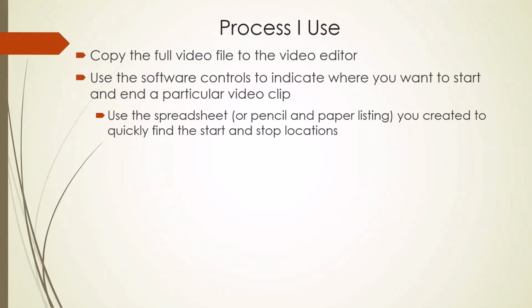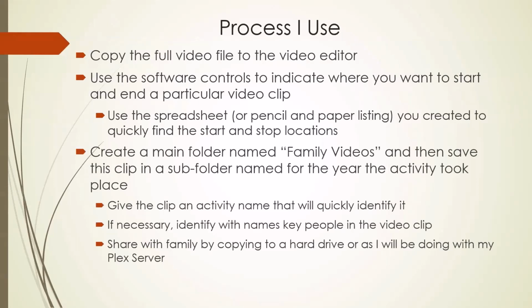And then using that spreadsheet or pencil and paper listing I created, I can quickly find where these start and stop locations are. And then once it's done, I create a main folder named Family Videos, and then save this clip in a subfolder named for the year the activity took place. Again, as I said before, give the clip an activity name that will quickly identify it. Identify with names of key people, and